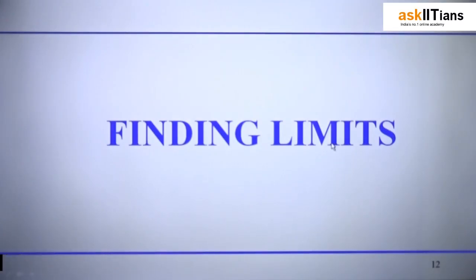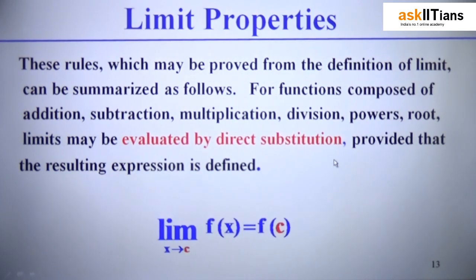So this is the topic of finding limits. Let's start with this. So these are the limit properties that we are going to see. As you have seen, in the very last part I told you that a very important property of limits is that you can find out the values of limit by using direct substitution. So the first and foremost important thing while finding out the values of limit by direct substitution is that we have to check whether the value of the function exists at that point